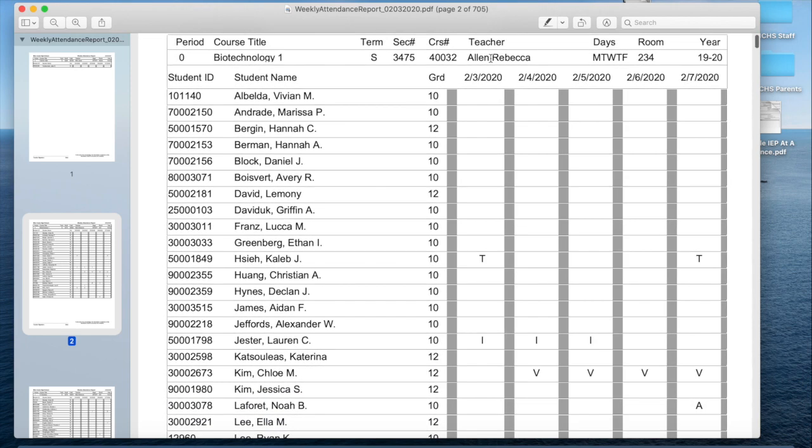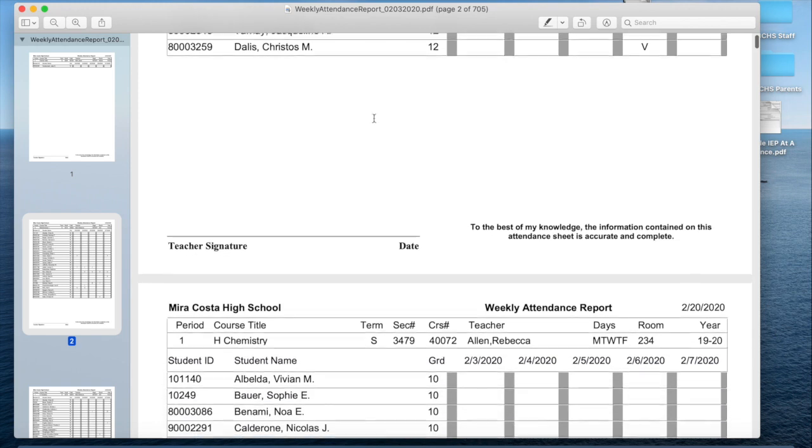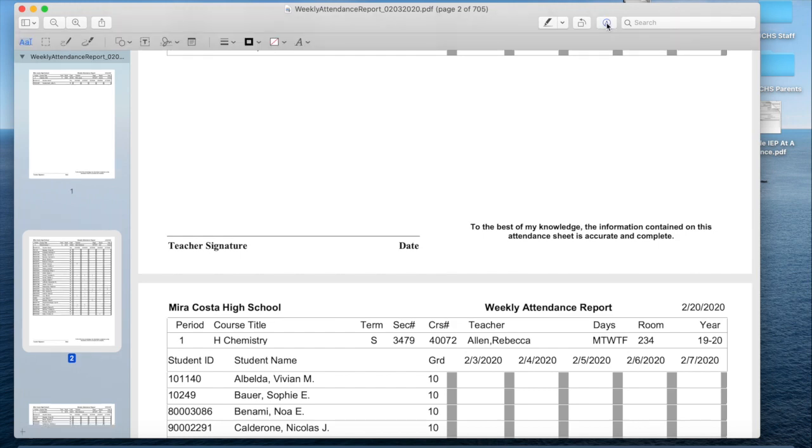So let's just pretend that I am this teacher, and this is where I want to put my signature. So to do that, what I'm going to first do is go over here where there's this pen in a circle, and click it. And what will happen is my toolbar will show up. And from there, I'm going to select the button that has the little signature icon right here where it says sign. And I already have some signatures stored here, but you might not have any. So if you have none stored, then you won't have any there, but you can click where it says create